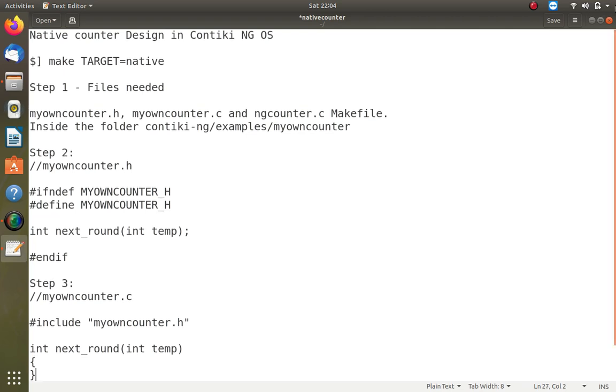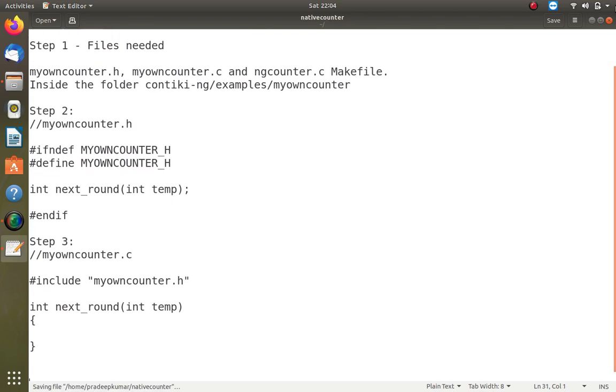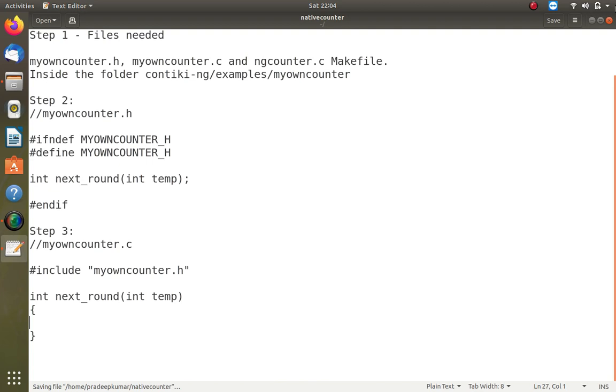My counter will count up to let's say 59. After 59 it will be reset to 0 or again to 1. So if temp is greater than 59 then temp equals 1, else temp plus plus. This is what my counter will be doing.